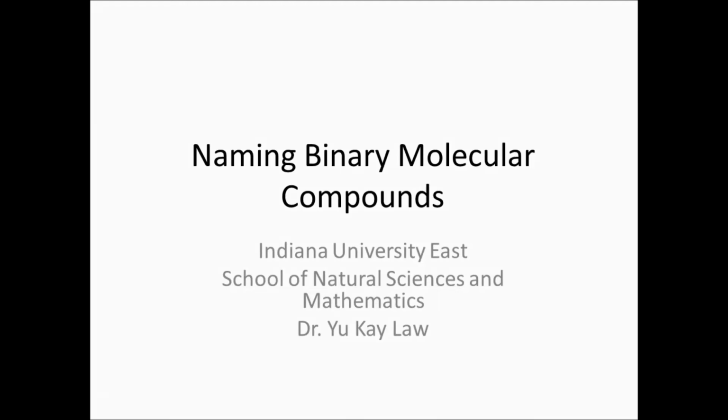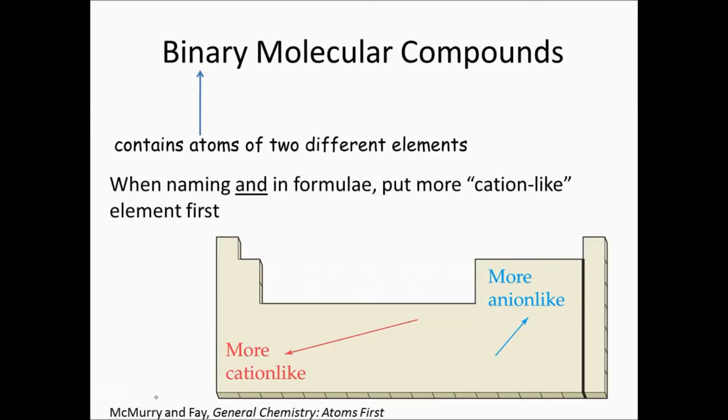Indiana University East School of Natural Sciences and Mathematics, naming binary molecular compounds. Binary molecular compounds contain atoms of two different elements, by virtue of being binary, and they are molecular compounds. So they contain, as we discussed, either semimetals plus nonmetals